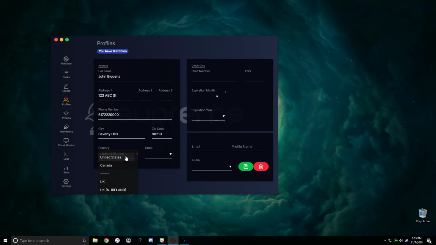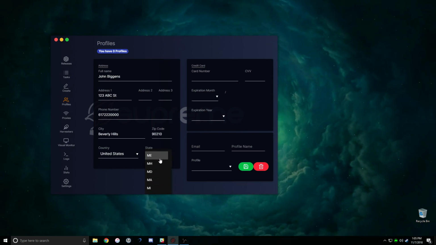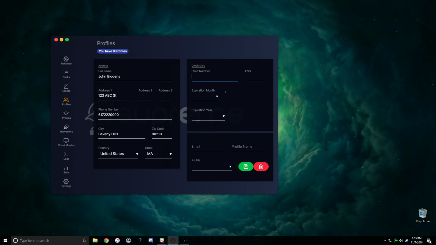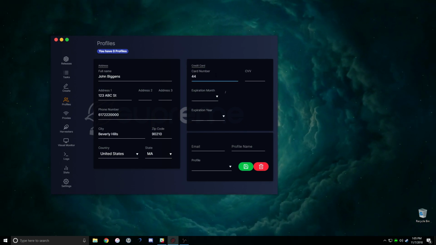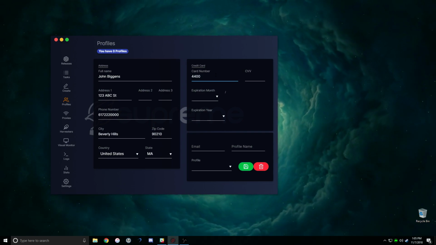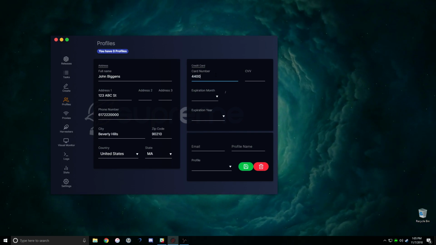Country, of course, whatever state you live in. You fill all this information according to where you live or where you want the item delivered, and then you put the card number. Again,